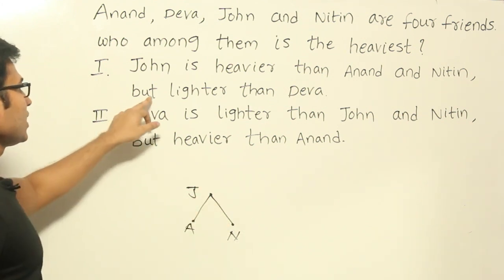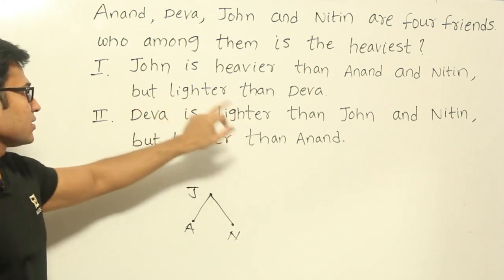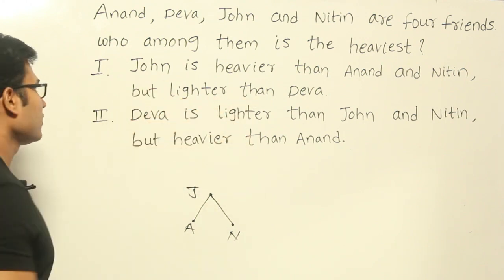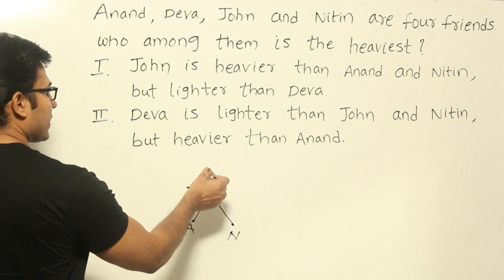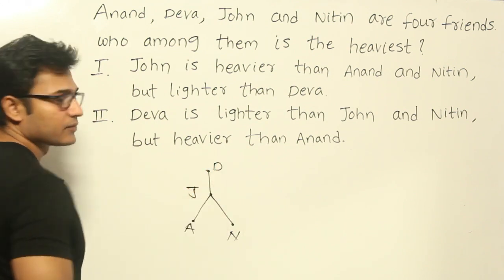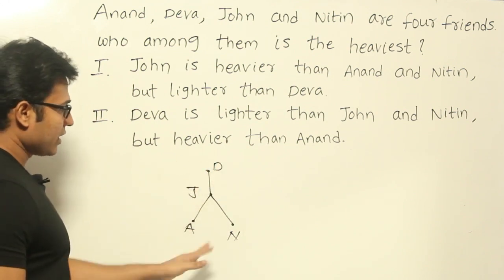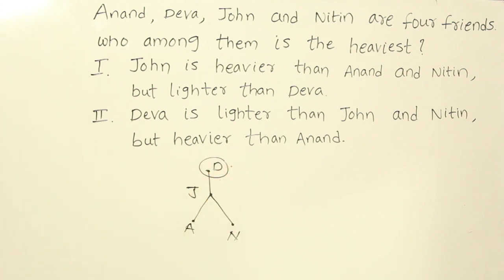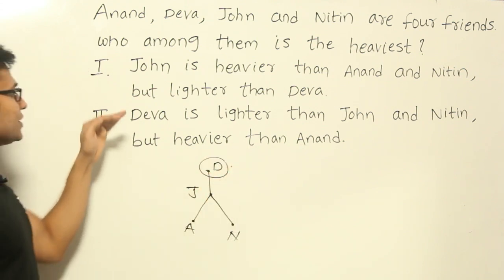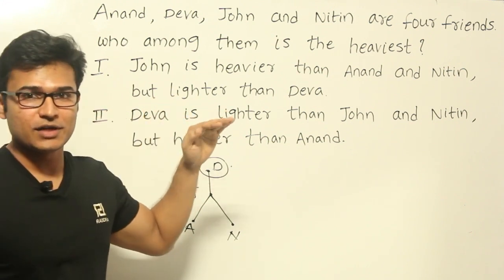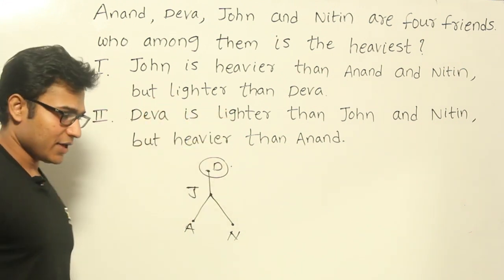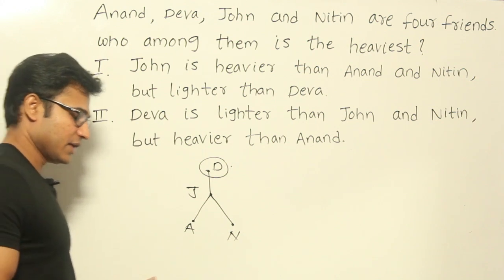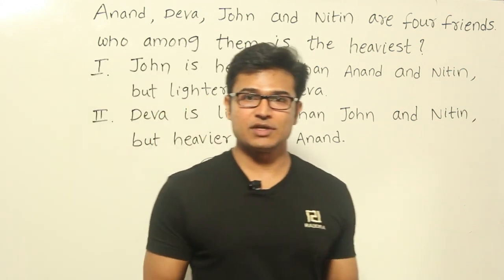Now let's see this. But it is given that he is lighter than Deva. John is lighter than Deva. Therefore, Deva is here, right? And if from this diagram, if you observe it, the heaviest one is Deva. Got it? Fine. So now, since you are able to answer the question using the data in statement number 1, you might come to a conclusion that data given in statement number 1 is sufficient and so 1 is the